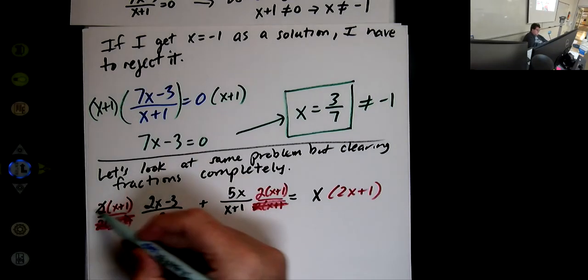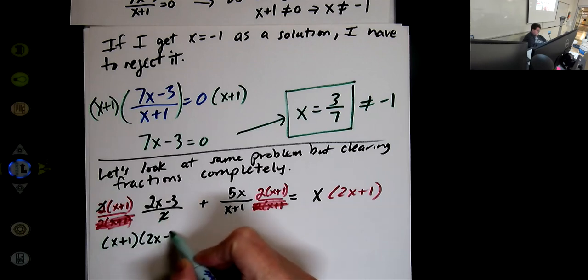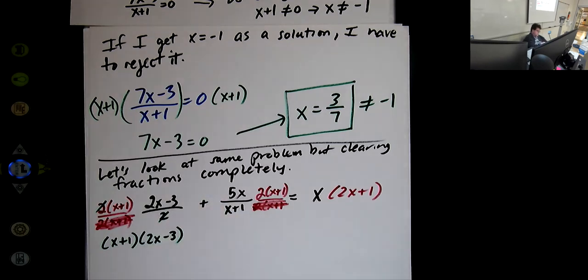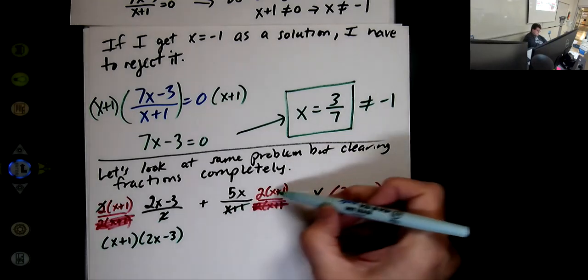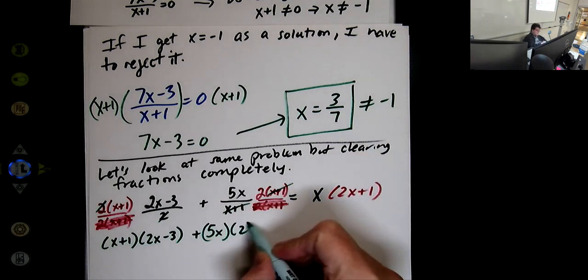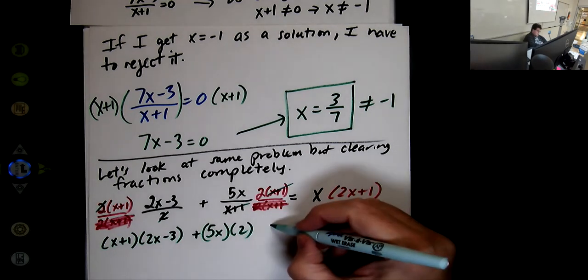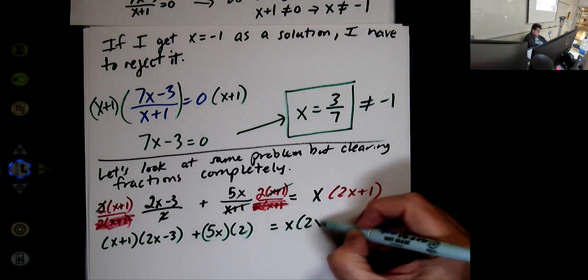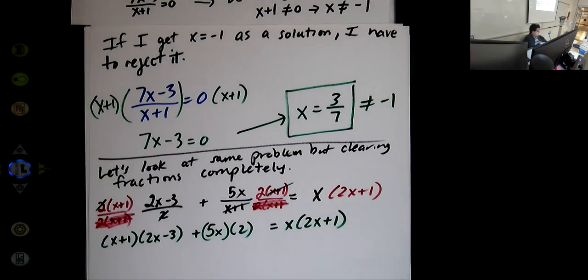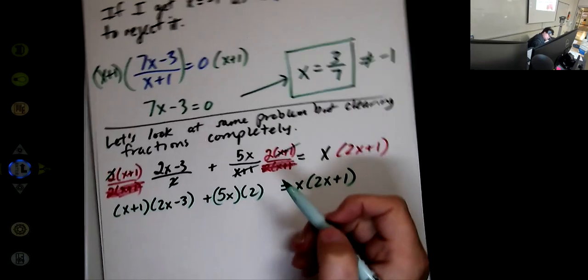Here, the 2's cancel. Now I get x plus 1 times 2x minus 3. On this one, the x plus 1's cancel, and I get plus 5x times 2. And nothing does anything on the right side, but it will in a second. Now we're going to get rid of parentheses. And so if I multiply everything out,